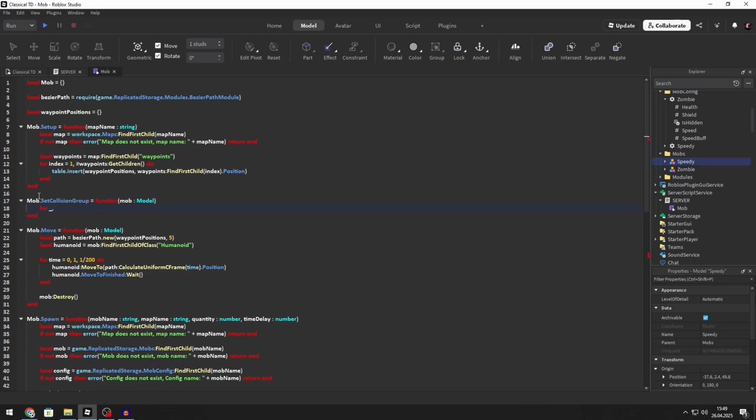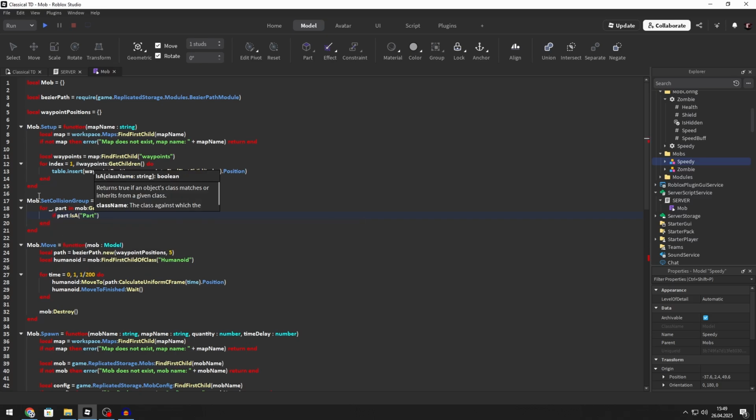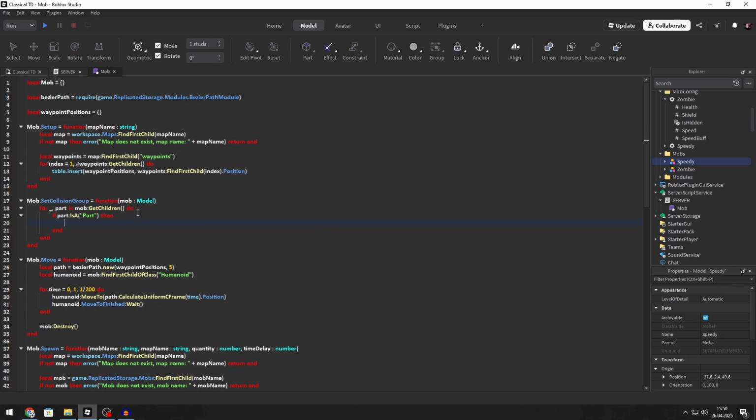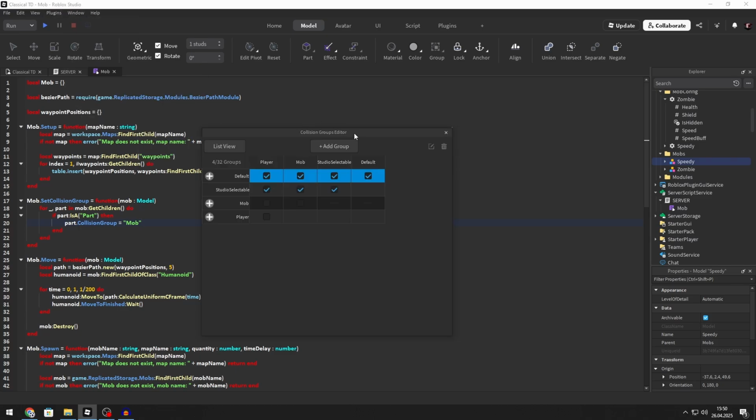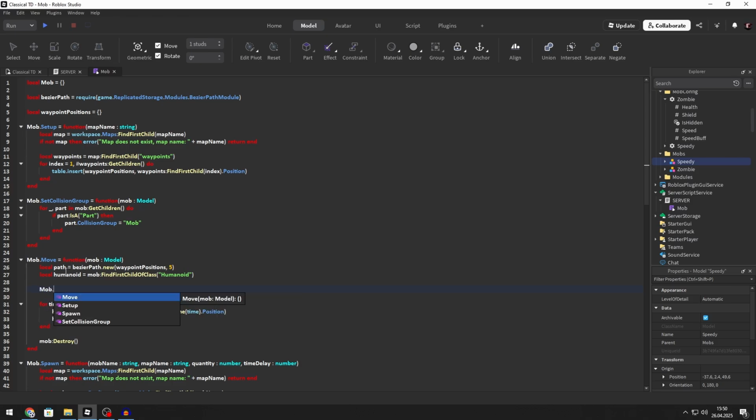So for path in mob get children, do if path is a part, then it will do path dot collision group is equal to the name. So I named it mob. I think let's check. Mob, yeah, alright. So now before the walking you do mob dot set collision group and do the mob model, and also do the